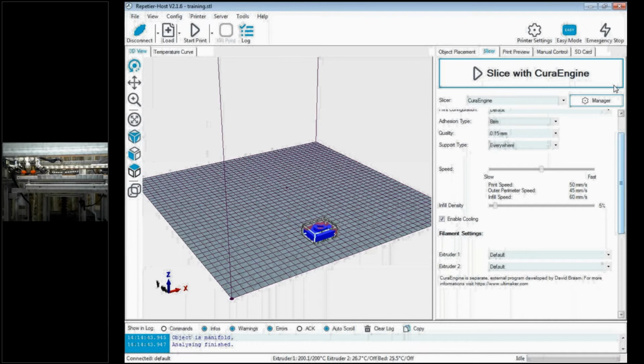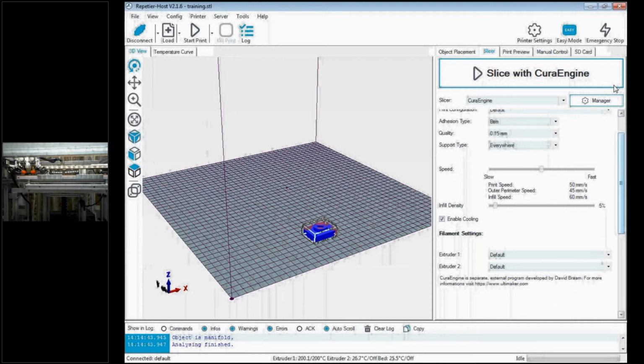Then we have quality. Quality is 0.15 mm. The nozzle we have is 0.4 mm, and due to melting, we can print with a filament of 1.75 mm diameter. So we can have the quality at 0.15. This can be controlled based on the printer kind. If your nozzle is very small, then we can go with a very low value. If the nozzle is larger and you go with a very fine quality, it will not be able to print. So we need to choose this based on the nozzle we have in the printer.